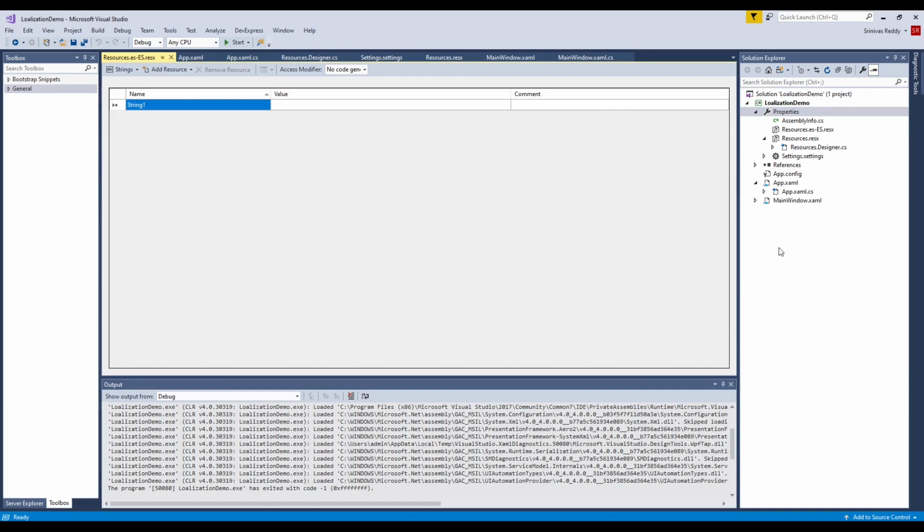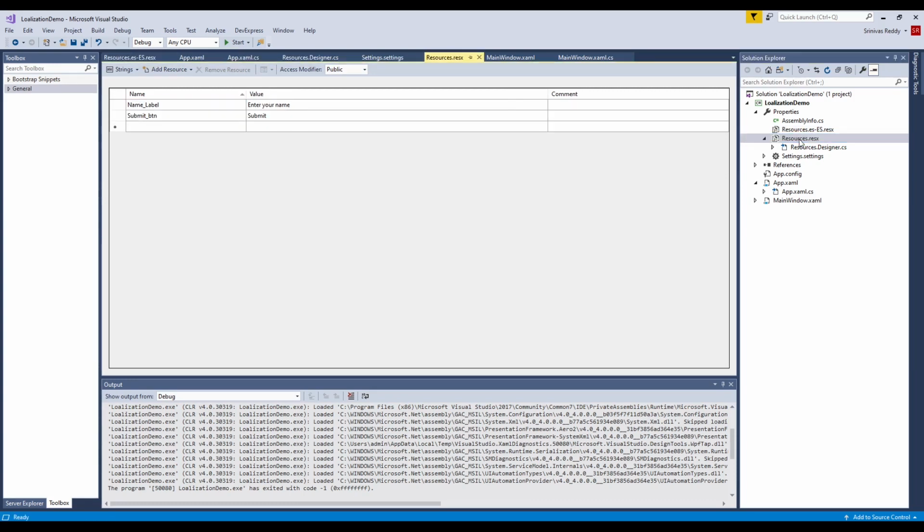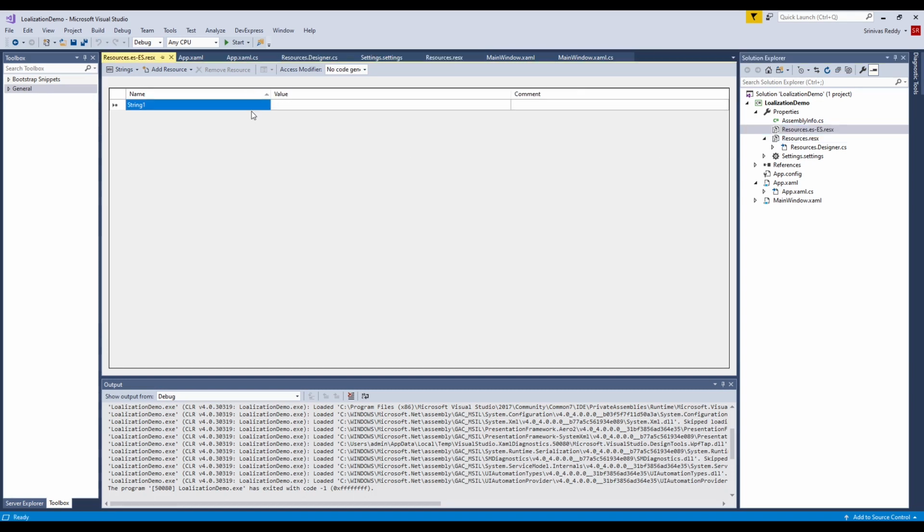So a new file has been created for us. Here you have to add the same resources that we have in Resources.resx. That means in our Resources.resx file, we have two resources, name underscore label and submit underscore btn. We need to add the same resources as part of this one.